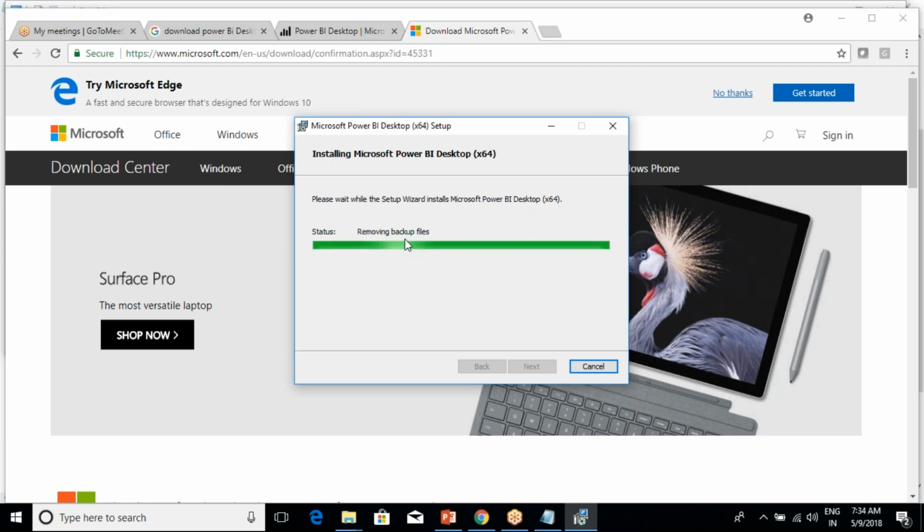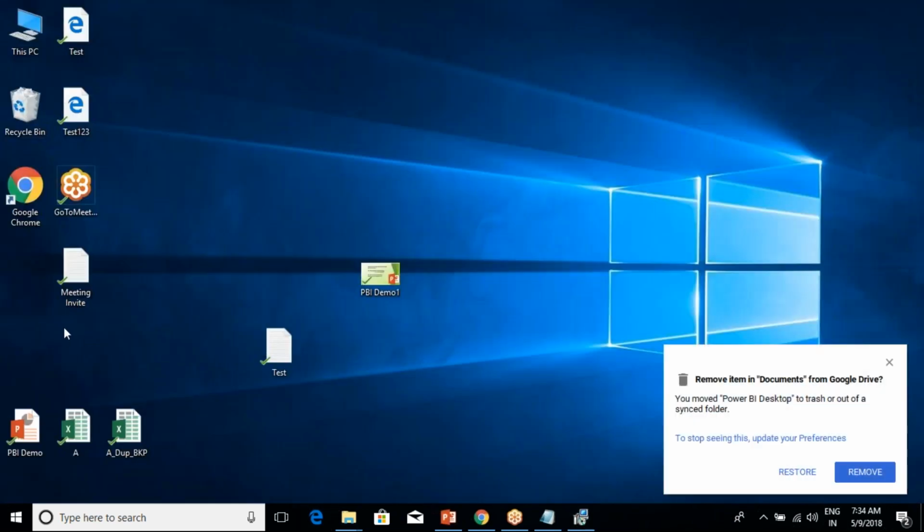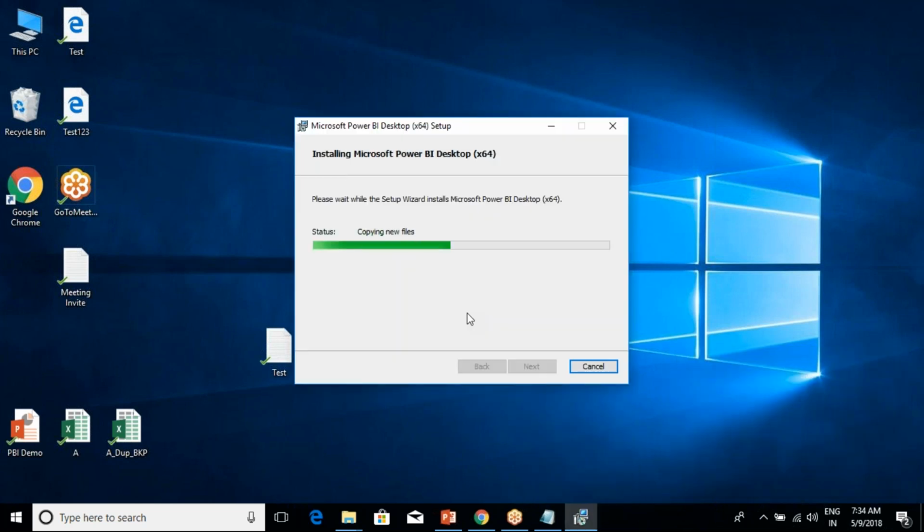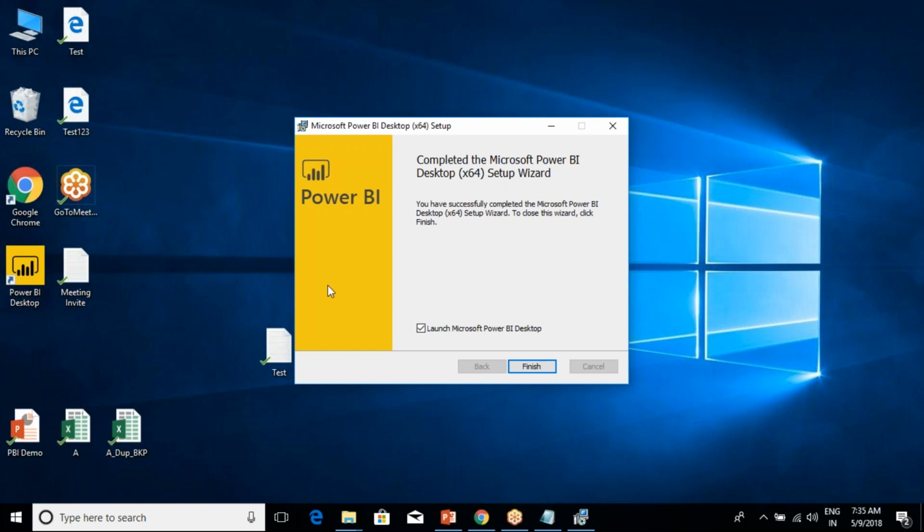See this one, removing the files, removing the backup. Actually, to be honest, I have already installed it. Earlier I had an icon here, but it is removed. It says you moved Power BI Desktop to trash or out of a synced folder. Since I have already installed, it is not complaining. We got the desktop icon. Even though we have installed already, it is not throwing an error, it will remove the existing version,